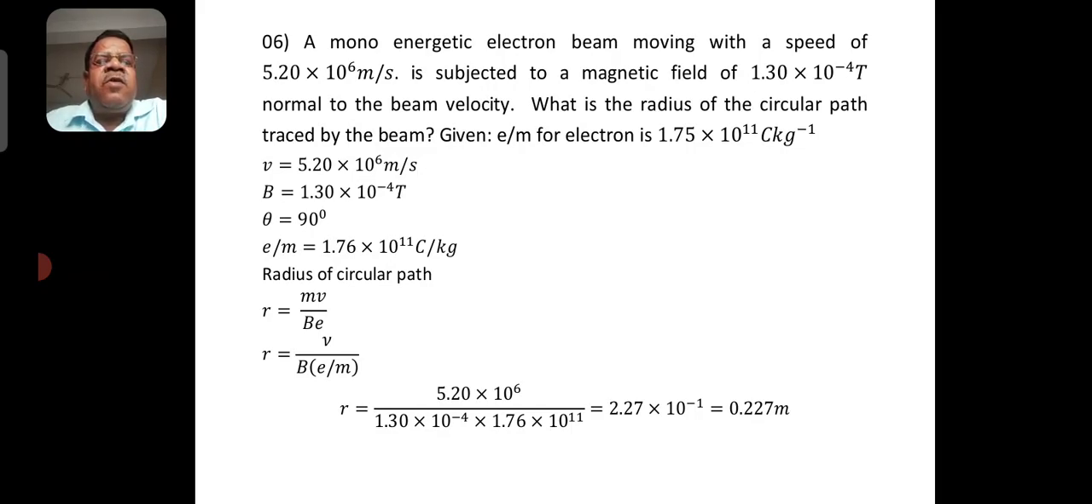The radius of the circular path in the magnetic field is given by R equals mv by Be. R equals, write V as it is, transfer m to denominator, that is B into e by m. Therefore, R equals, after substituting the value of V, the value of capital B and e by m, we get the radius of the circular path as 2.27 into 10 to the power minus 1 meter, that is